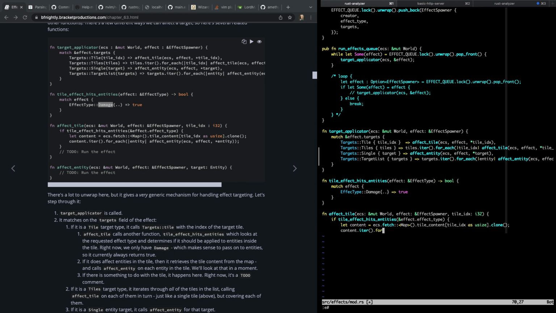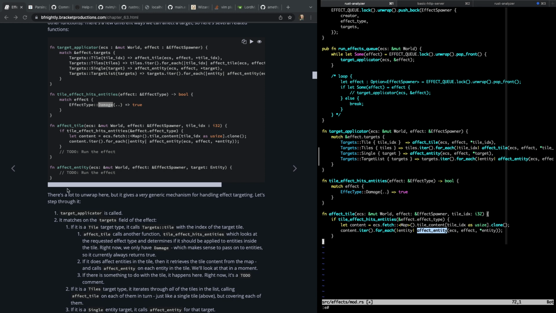There's probably only one or two things on it anyway. And so it looks like we just loop over that, and then we say, oh, I missed a closing bracket there. It looks like all we do is loop over every entry in the tile and call effect entity, which is what we did with the single or the target list anyway. So